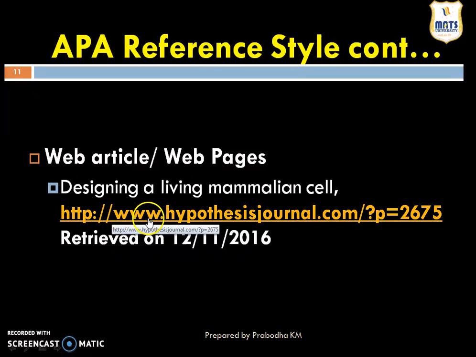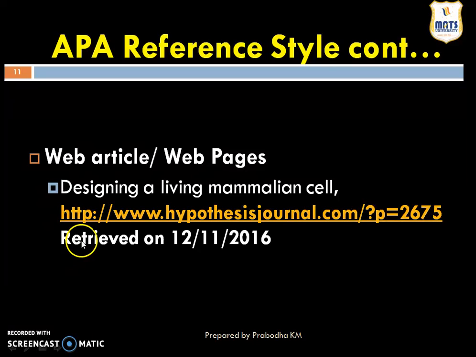Here you can see it is http://www.hypothesisjournal.com/ question mark p equal to 675. It means that if somebody clicks this link, it will directly take you to the specific article.